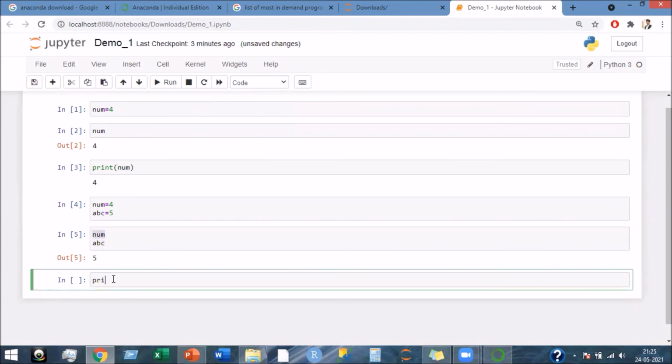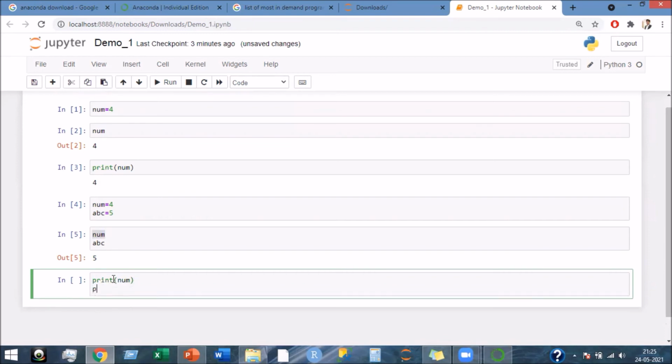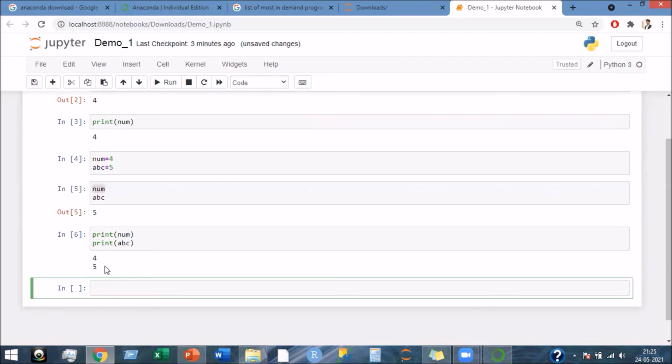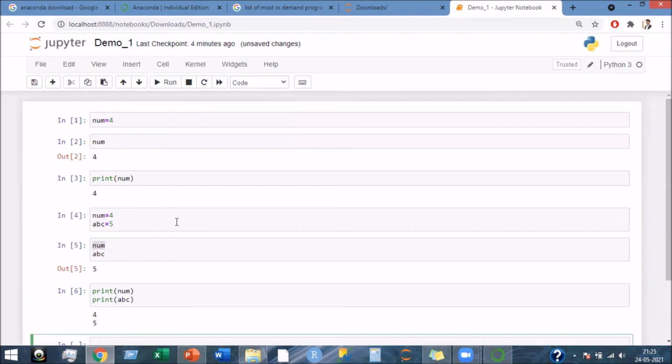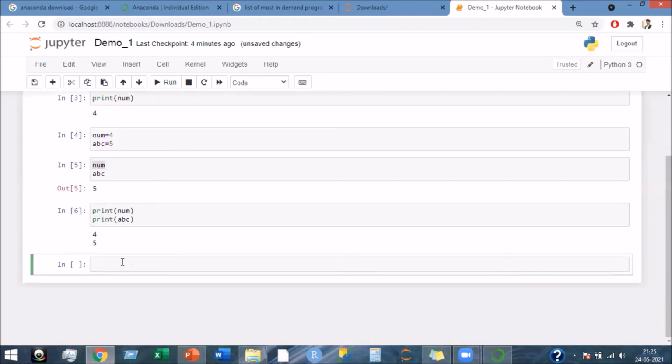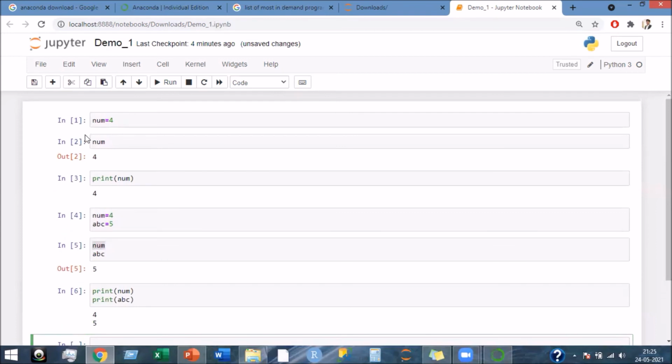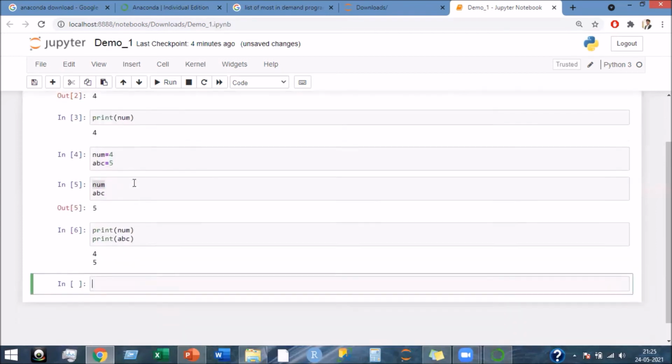But if I use the print option, print num and print abc, and run both, you can see the output stored in both the variables. So this is a basic idea about the cells and the type of output you can get.